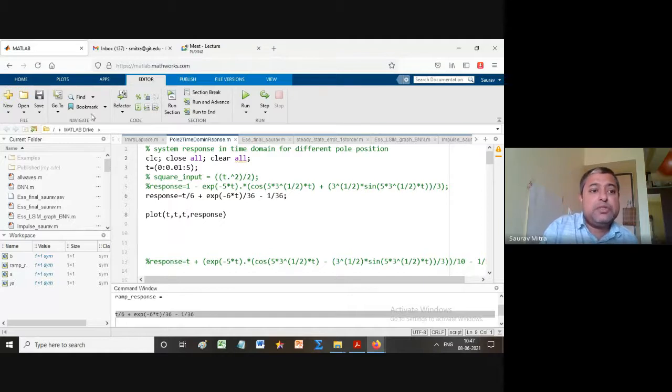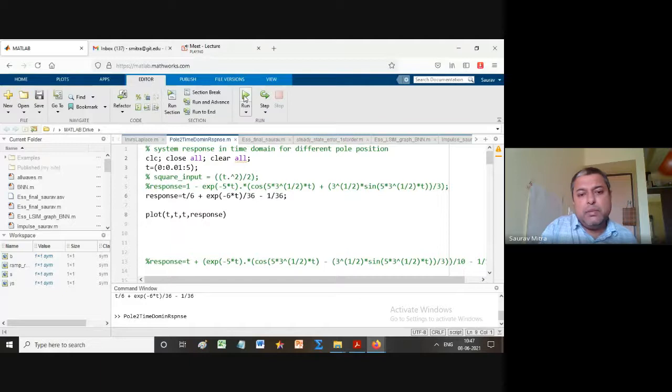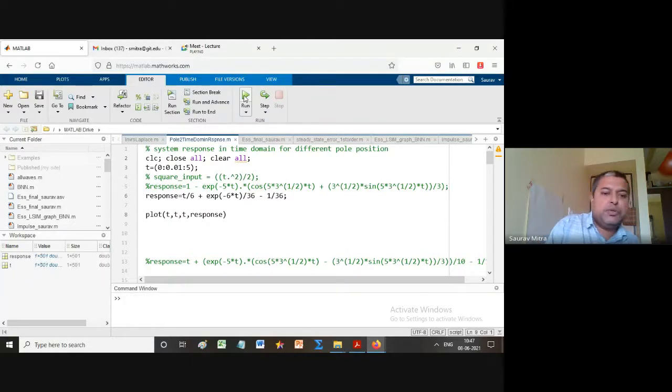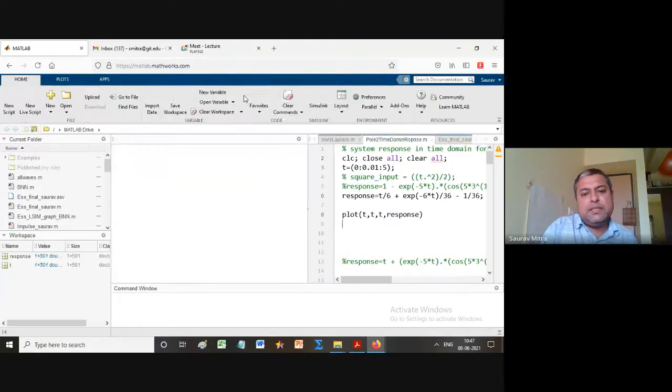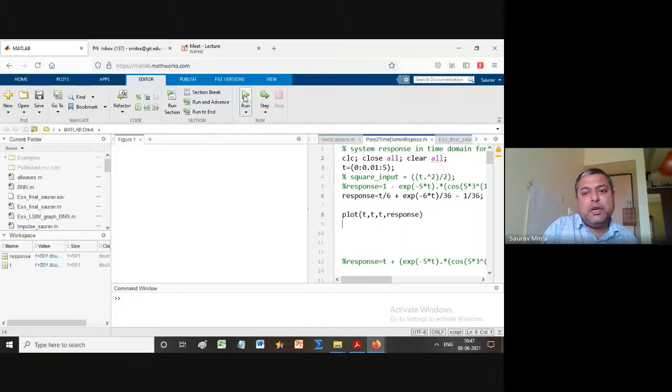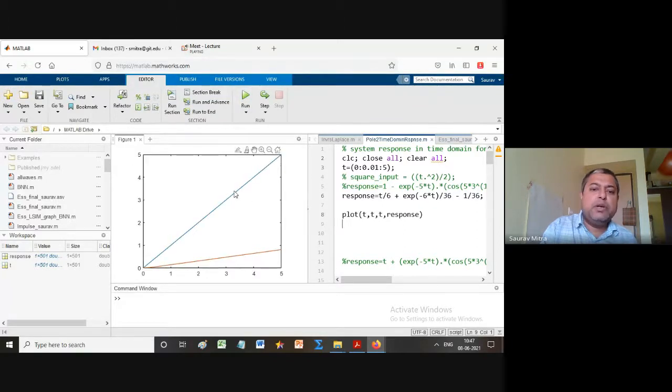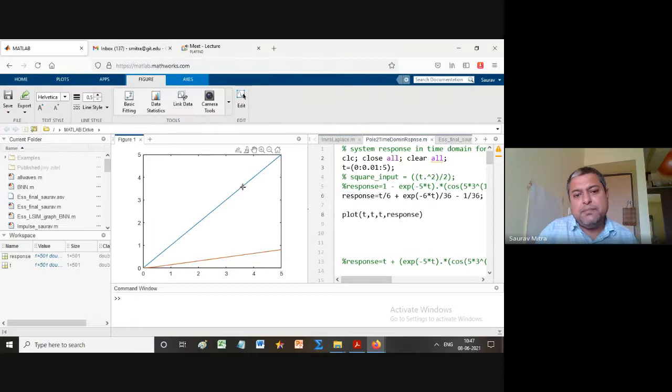So how to see the error? Now this is a very important thing. How to see the error? Now see the plot, and you will find how to show the error. So exactly this graph you have to show. So here input and output graph will come. So input is t with respect to t. See, this blue graph is actually t with respect to t. So at any time you will be finding x and y, they are same. So this blue graph is actually the input.